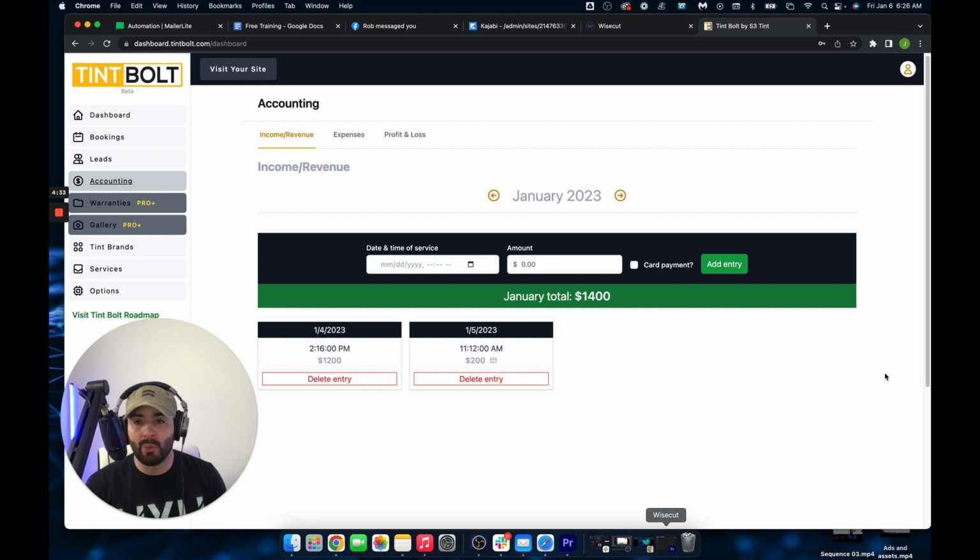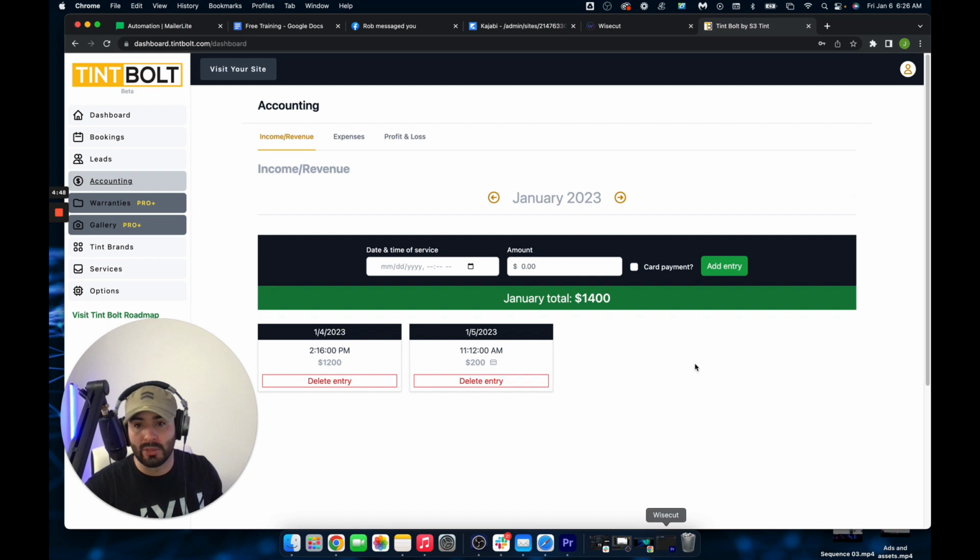So the number one thing that I would want in a CRM, and I guess you can call it a CRM, is a simple and easy to use accounting platform. This is in beta, but it's a really cool feature that is really nice, and I'll show you how to use it. For example, this right here is the income and revenue for your business. This is for the month of January, and so we are on